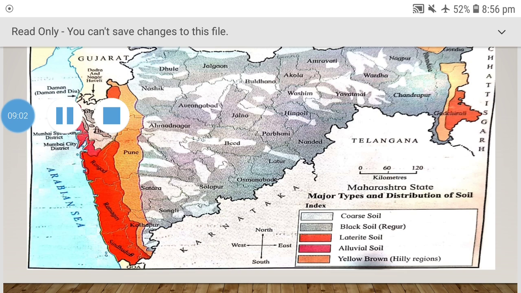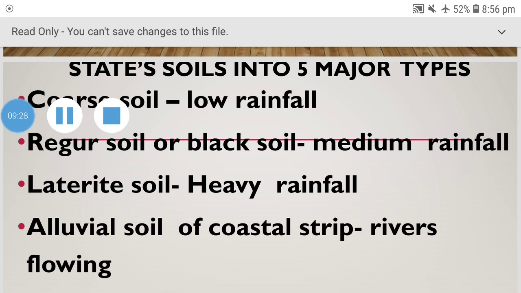For now, you can write down these map reading questions in your notebook. And the same questions will be assigned to you for the assignment. So if you don't get the answers, you can see this video and you will get the answers. The answers to the questions on page 42, you are going to write down in your notebook. So these are the state's soil in 5 types, that is what we studied just now in the map. We will study why this type of soil occurs in